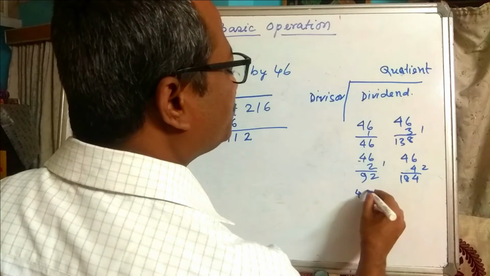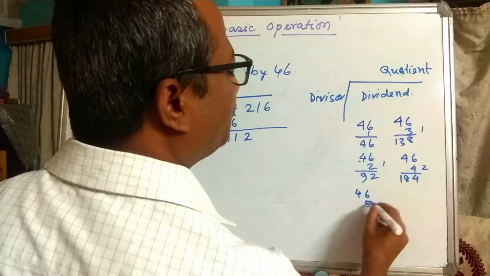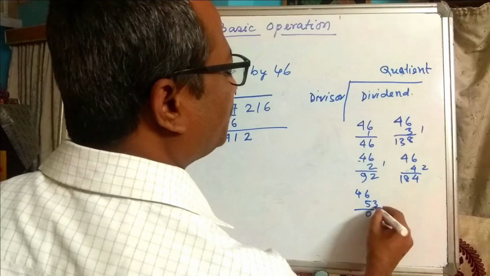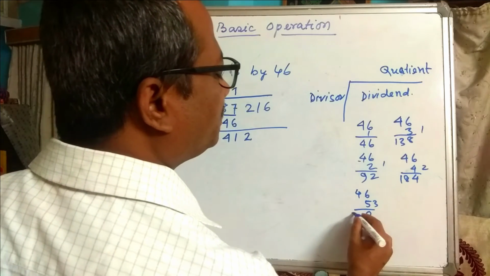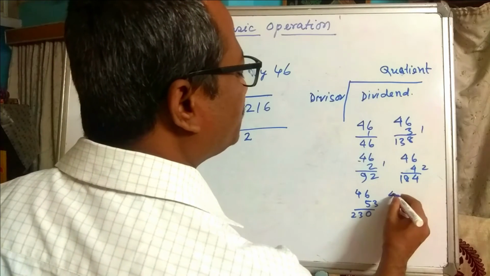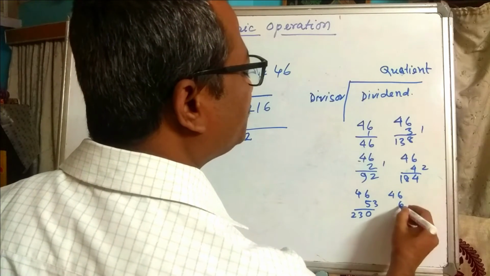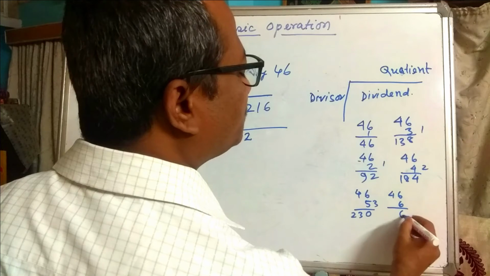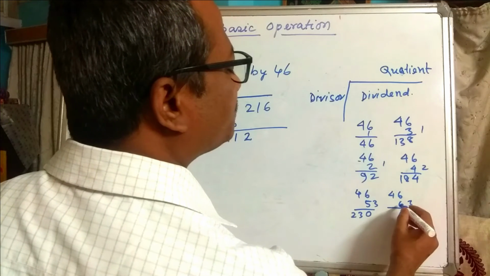Then 46 5s are 5 6s are 30, 3 left. Then 5 4s are 20 and 3 is 23. Then 46 6s are 6 6s are 36, 3 left,